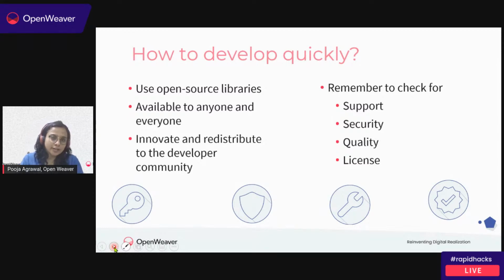But what do you check even when you are going through this quick deployment using some existing code? It is important to check a couple of key things: support, security, quality, and the license agreement. If you don't concentrate on these four key considerations, then it may become difficult for you to use someone's code, and